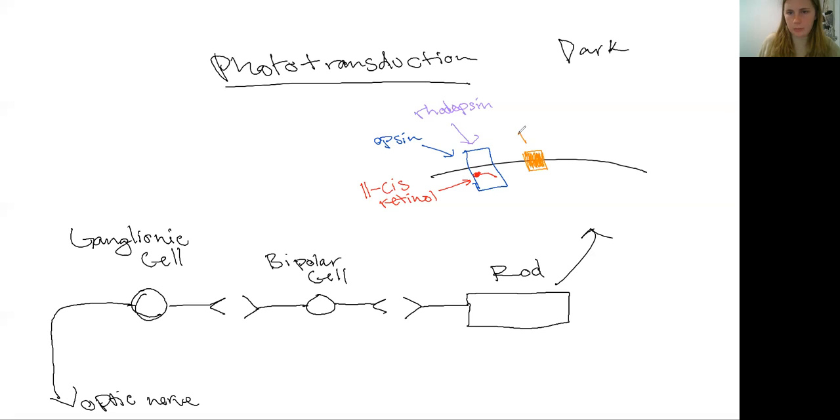This is called PDE, or phosphodiesterase. You also have transducin, which is just an alpha, beta, and gamma on the bottom of the rhodopsin. So that's called transducin. That's supposed to be a D. Oh my goodness. Transducin. And then you have a